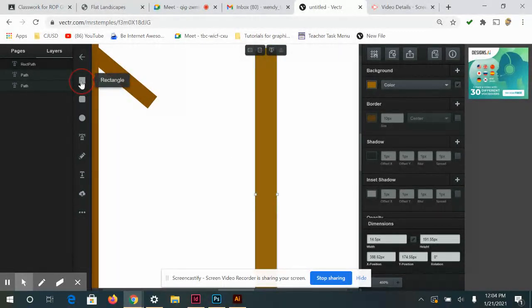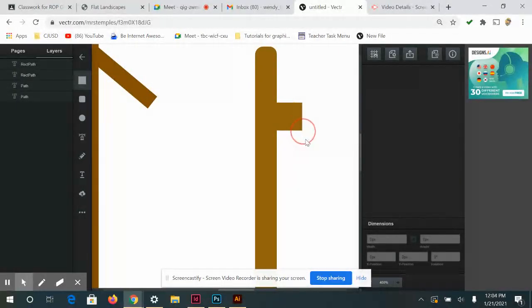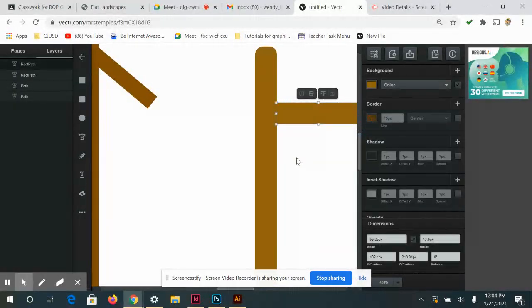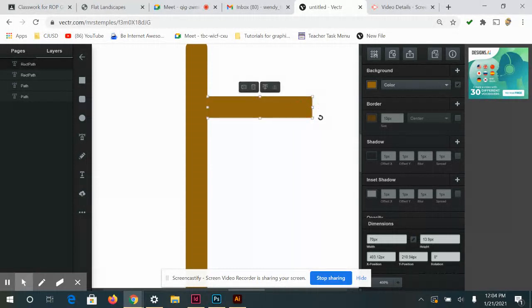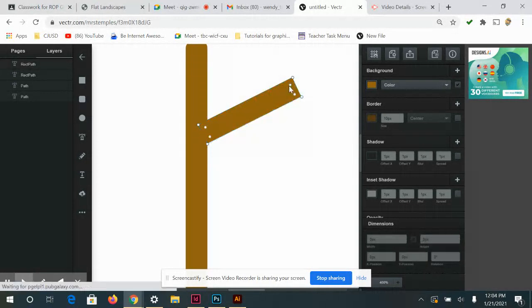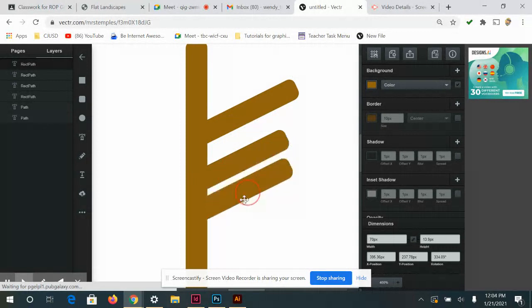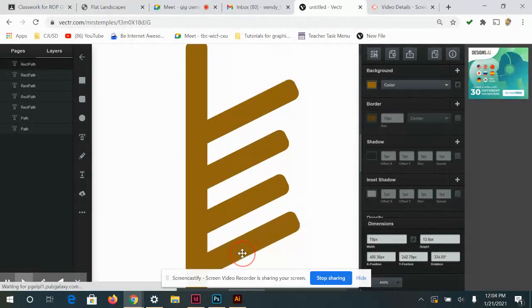And then I would just make a tree branch here. I'm going to have to rotate it. So let's make it a little bit bigger and then rotate it. And again, double click and I'm super zoomed in. So this is how you round the corners of that one. Make a copy. So you only want to have to do it one time. And then when you have enough copies, you can just go ahead and